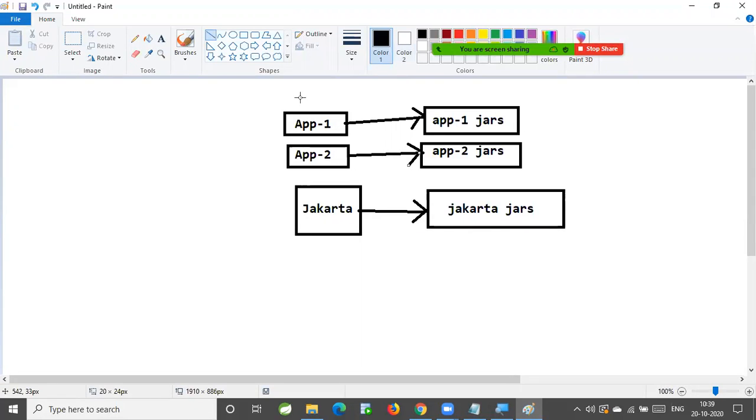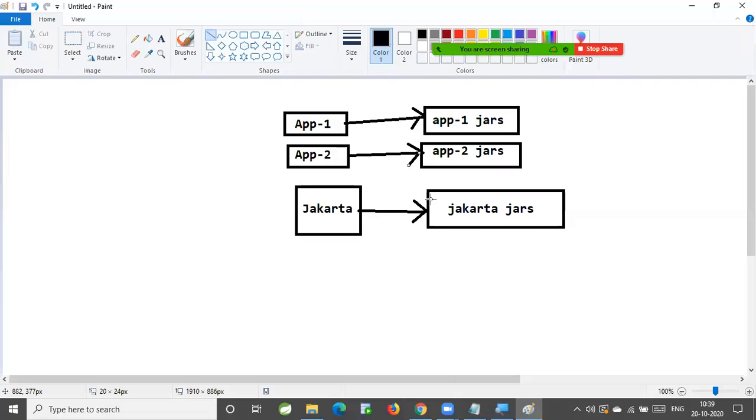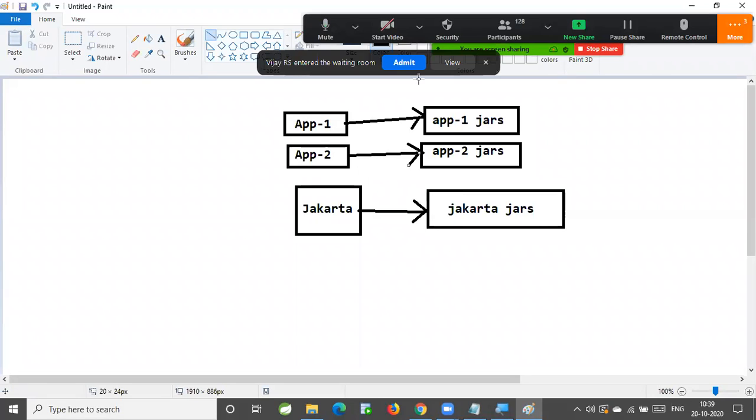So the Apache people are trying to develop 3 different projects. For those projects, they have downloaded the jar files. They added the jar files to the build path by keeping them in a location. After a few days, they realized that there are some common jars in all the 3 projects. We are keeping the common jars in 3 different locations. So that's where they started thinking like this.